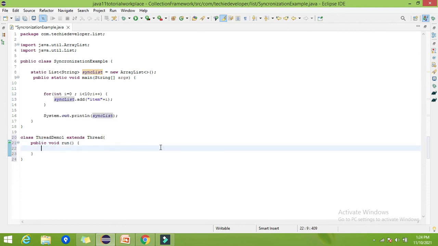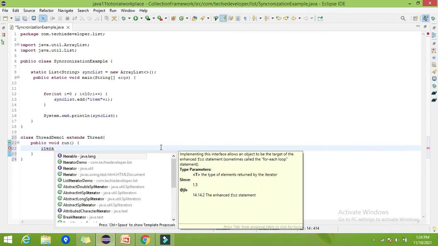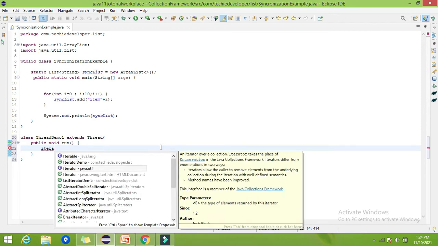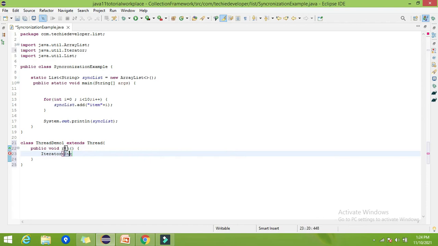So what I will do, I will simply iterate this list here in the second thread, that is ThreadDemo1, right? How to iterate, I have already told you in the last video. Iterator of type String, let's give the name as itr, then syncList.